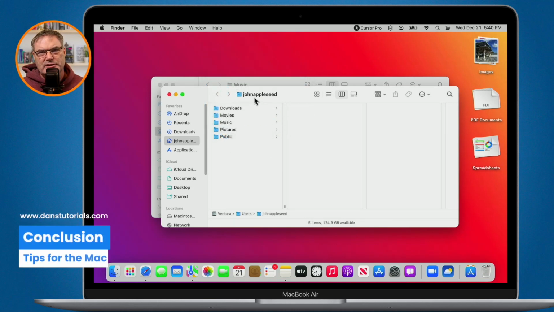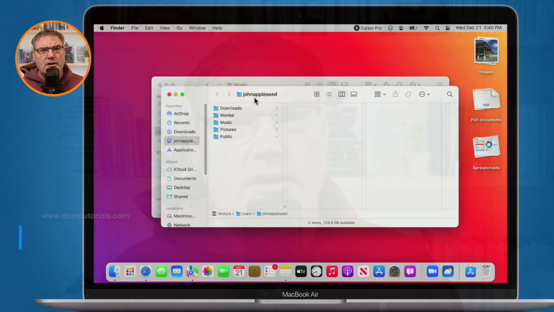So those are 14 tips, or actually more than 14 tips for setting up a new Mac. You don't have to use all of these, but I can tell you what some of the favorites are. Always show the scroll bar. That's one of my most popular videos on YouTube. People seem to love the idea of always showing the scroll bar. This is how the default behavior was back in the early days of the Mac. I also highly recommend configuring Time Machine, or just plugging in a hard drive, of course,